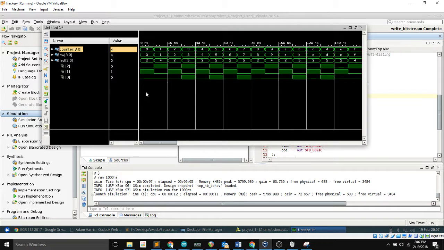And reading this is very simple. The inputs I'm going to leave in a numerical form. In the LED outputs, I'm going to click this button to expand those and show me each individual bit. So if you remember, LED 0 is your prime number LED. If it's a prime number, it will light up. It will get a 1. LED 1 is your even number detector, and LED 2 is your odd number detector. This is what you designed in your top schematic file, your top behavioral file, and it's also what you labeled in your